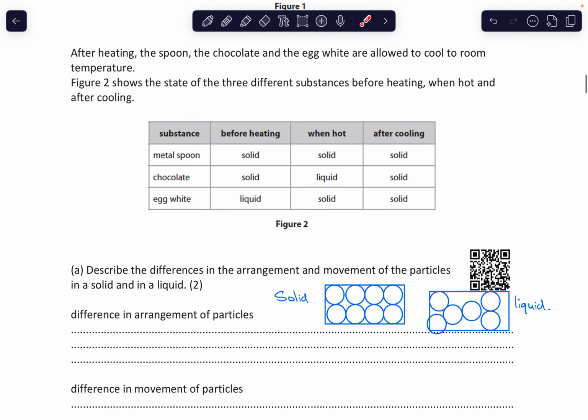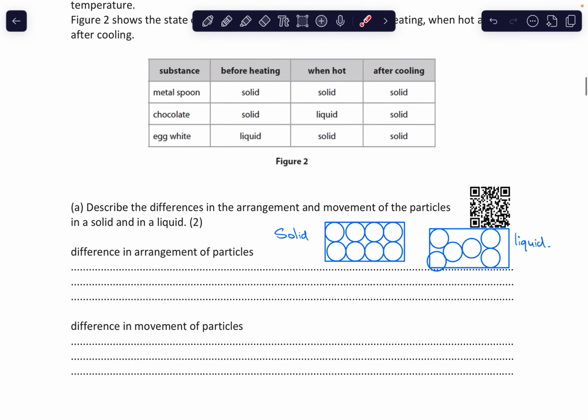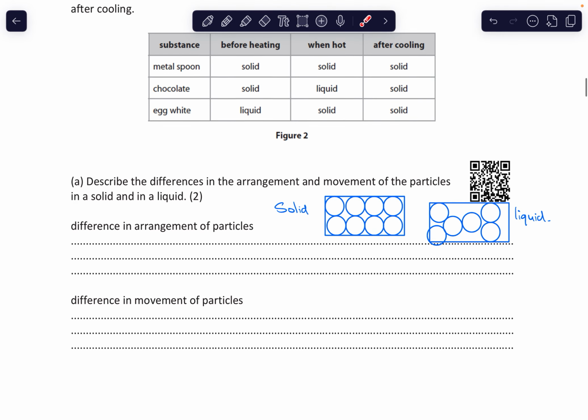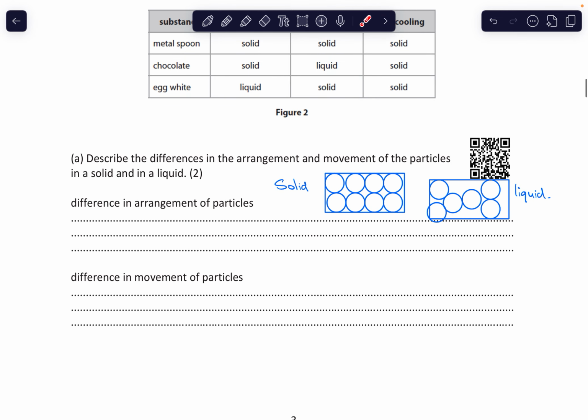So the first question, describe the difference in arrangement and movement between the particles in a solid and a liquid. To help us think about this, we've got two diagrams here. You can see the solid and the liquid, and you can see the difference in arrangements. In the solid, they're arranged in rows, a regular pattern, as you can see going across, whereas in the liquid it's a bit more random. So the first one, difference in arrangement of particles, I would say here it's only going to be worth 1 mark. So in the solid, the particles